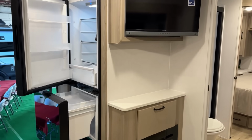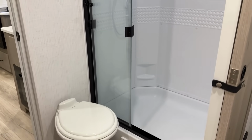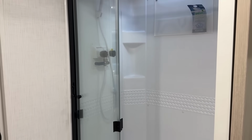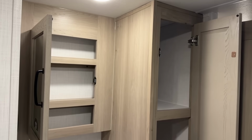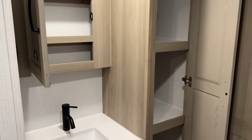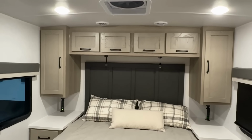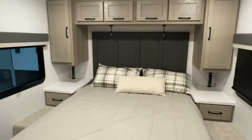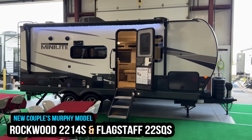But this is where it gets interesting. They've started doing these very home style pull out freezer drawers in a lot of their refrigerators. And instead of a walk-around side bathroom that had a radius shower, they made it a walk-through middle bathroom that is much larger and more spacious with a rectangular shower. And instead of this weird sideways east-west camp queen, they made it just a normal north-south walk-around rear bed with